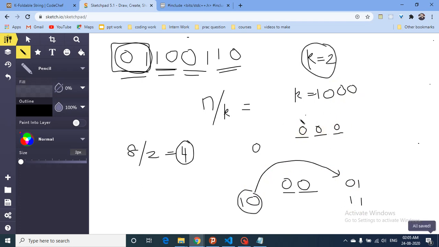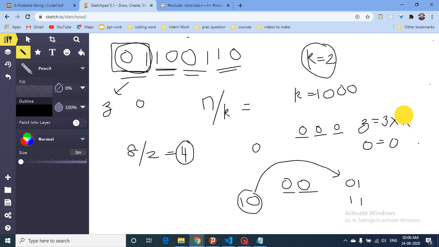So now check that if I form this K, we can know what the rest of the sequence will look like. And if we know that, we will know the frequency of every 1 and 0 which is present. So we can count how many zeros and how many ones there are initially. Now if I take this K in which everything is 0 and all the other strings will be equal to this only, then in this the frequency of 0 is equal to 3 and the frequency of 1 is equal to 0.